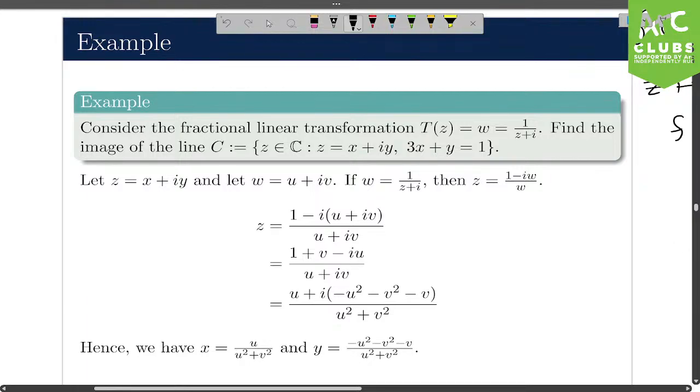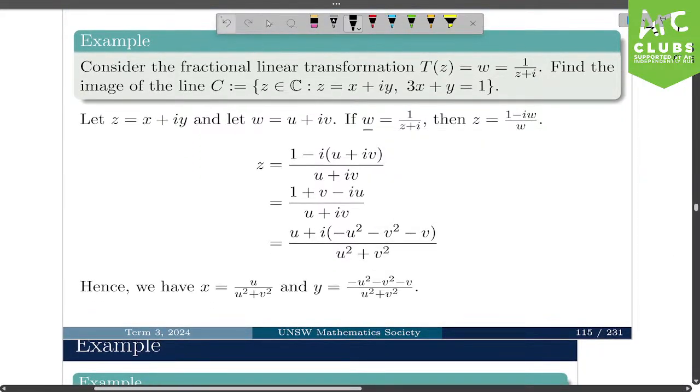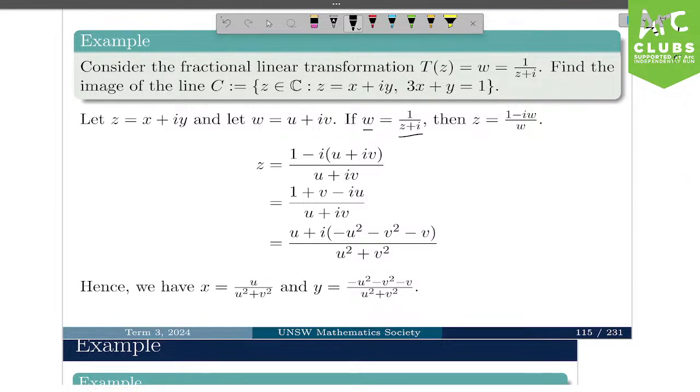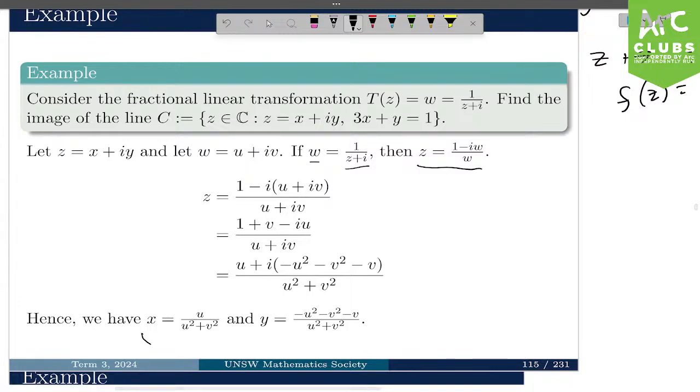The mapping is given by 1 over z plus i, okay? So, two ways to look at this. We could go ahead and shift it up 1, because z plus 1, and then take the reciprocal, or we can just break it down as we are doing right now. So, if w equals 1 over z plus i, then we have z equals 1 minus iw on w, okay? If we decompose this into x plus iy and u plus iv, we obtain